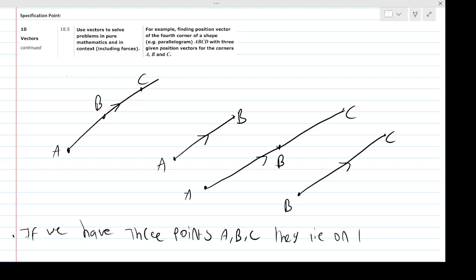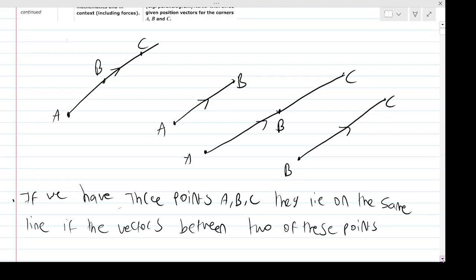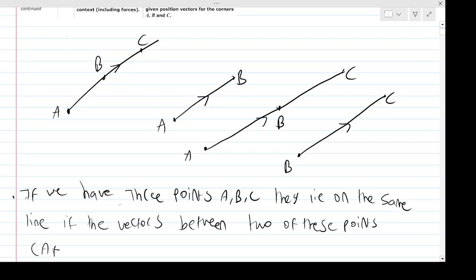They lie on the same straight line, or the same line. That's if we have 3 points, they lie on the same line. If they're vectors, then if the vectors between two of these points, which means we could either have the vector AB, which is going to be that vector there, or we could